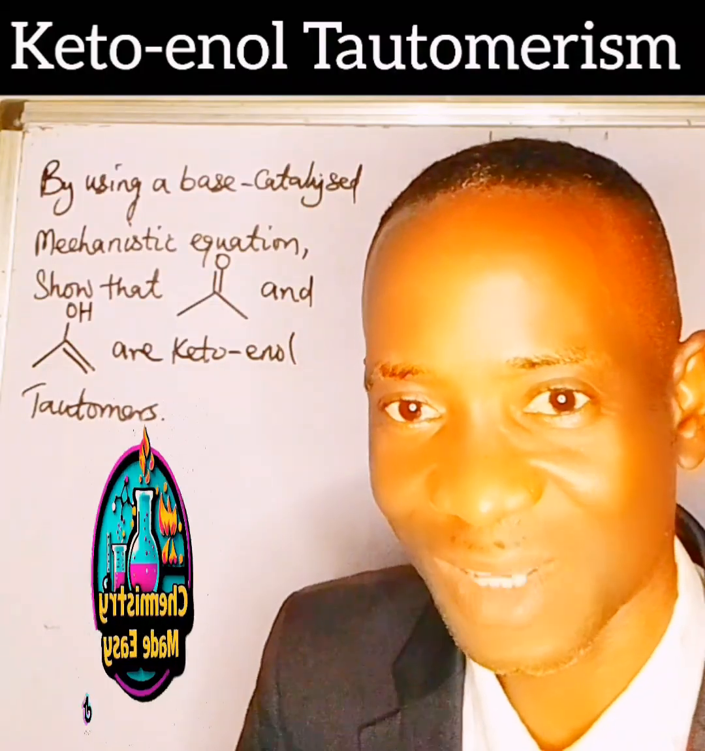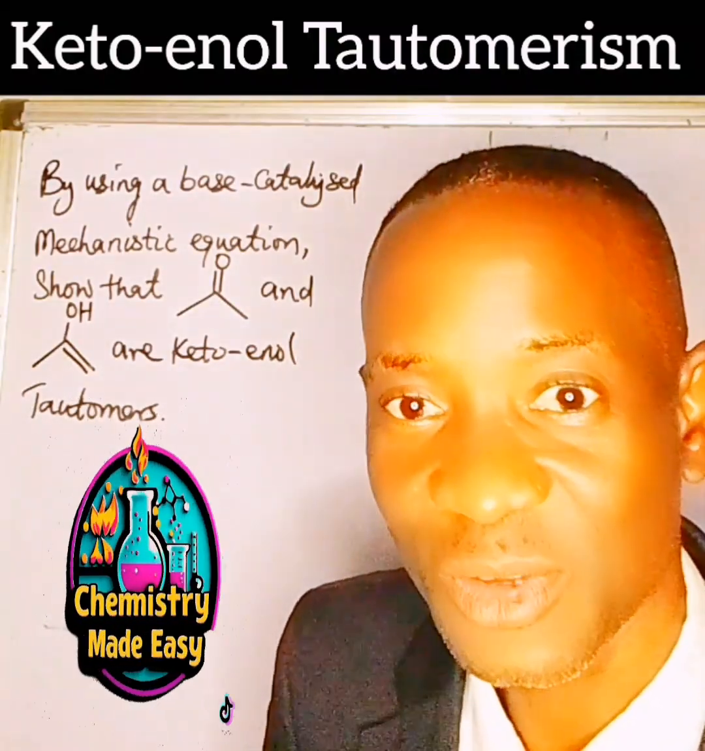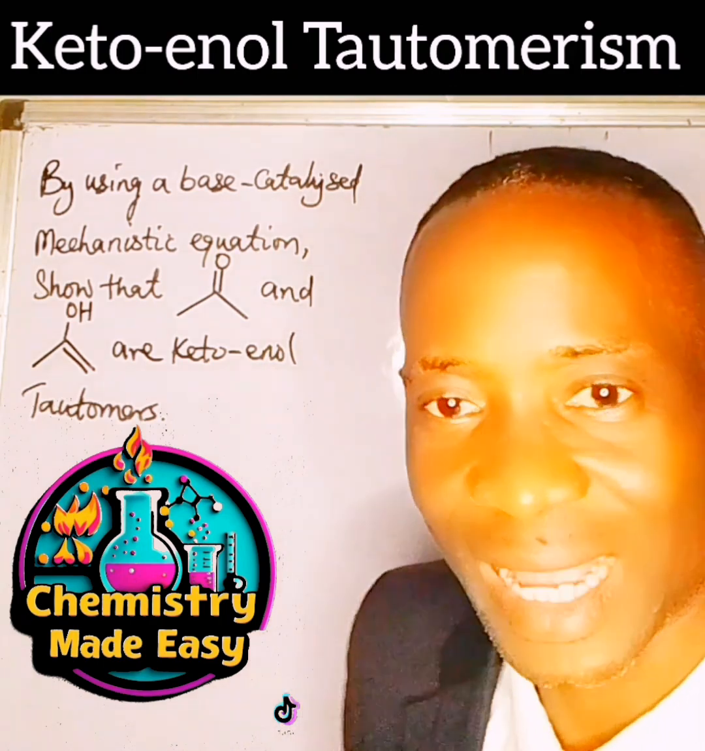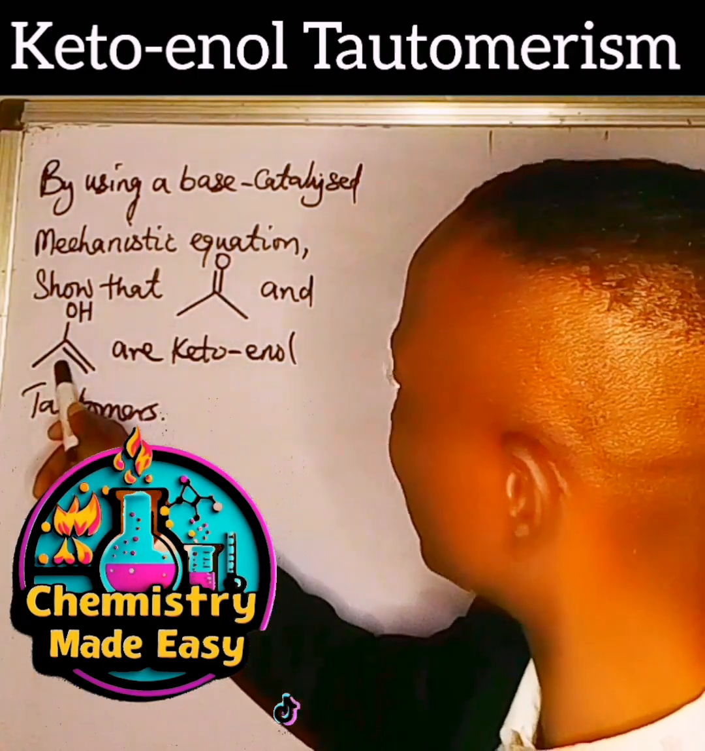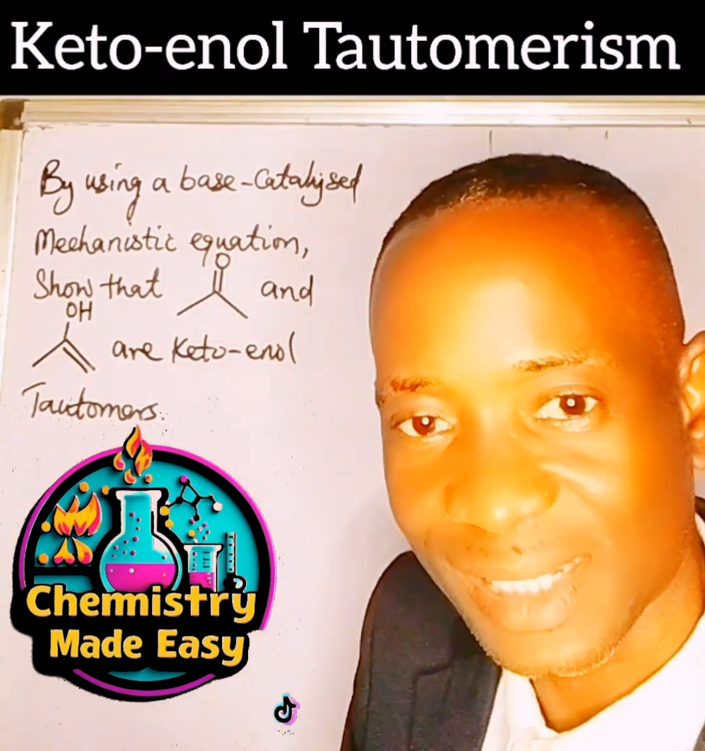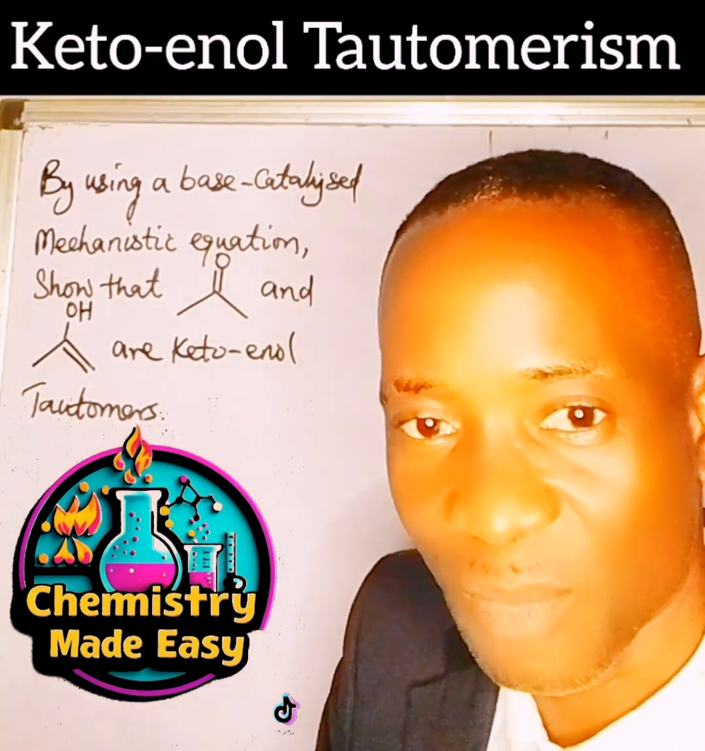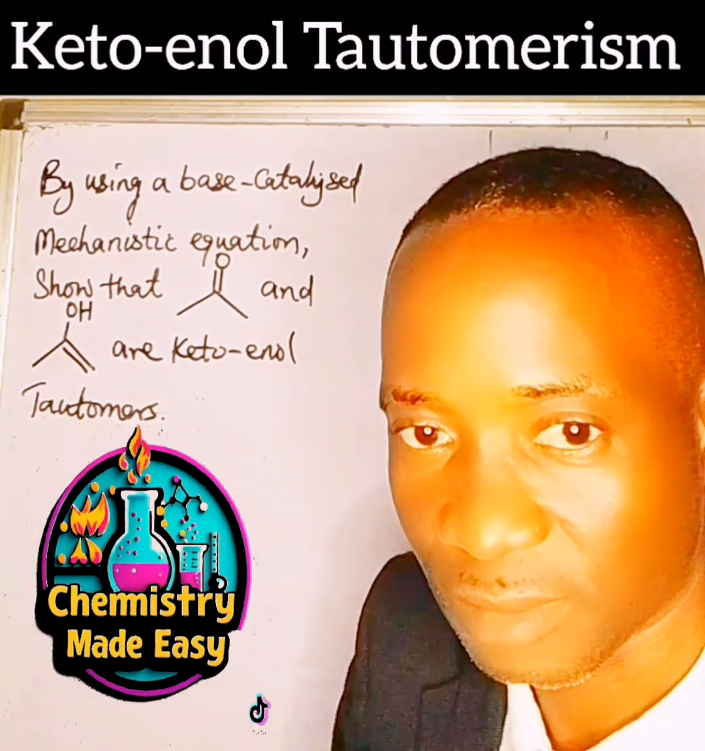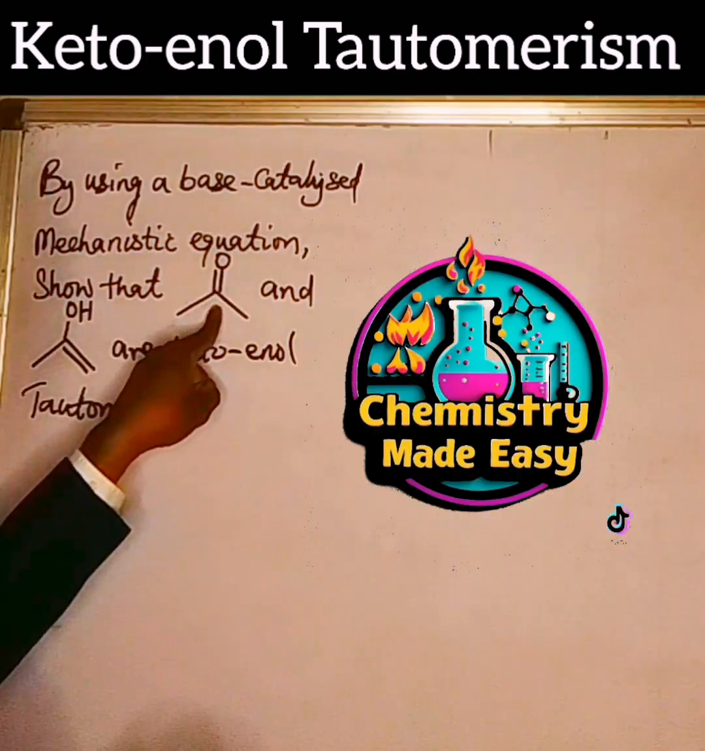This is an organic chemistry question. It says, by using a base-catalyzed mechanistic equation, show that propanone and prop-2-enol are keto-enol tautomers. Tautomers are just isomers with the same molecular formula, but the only difference is the position of a proton in the molecule. Let's represent this as